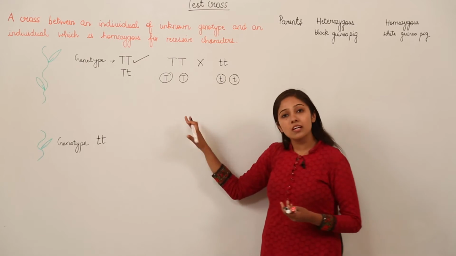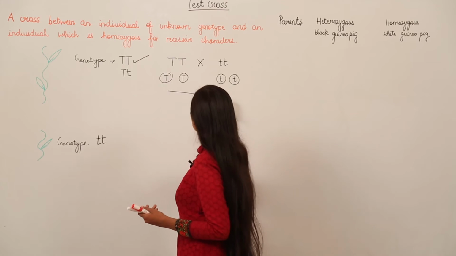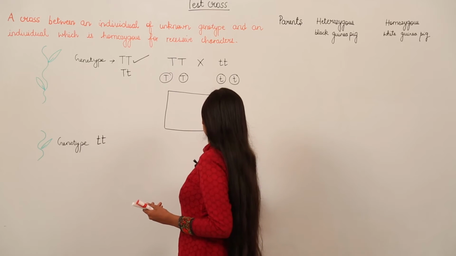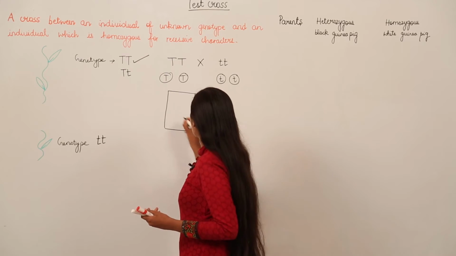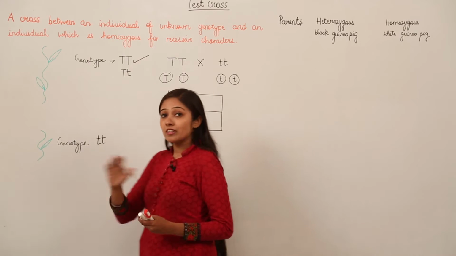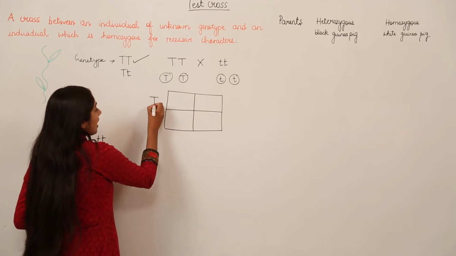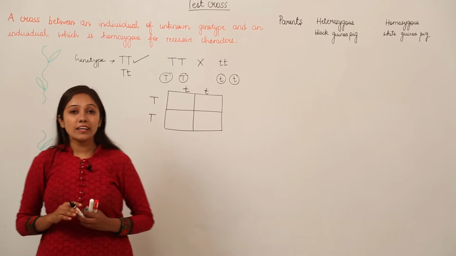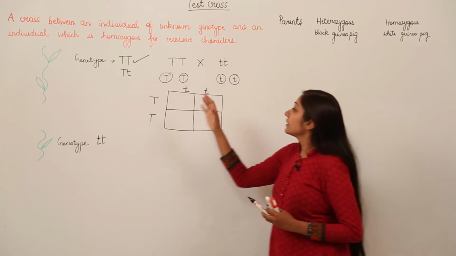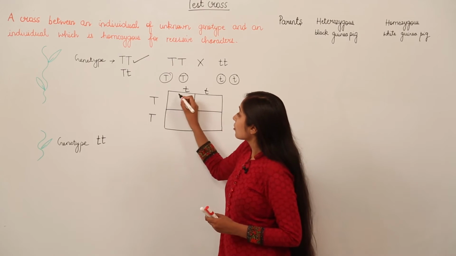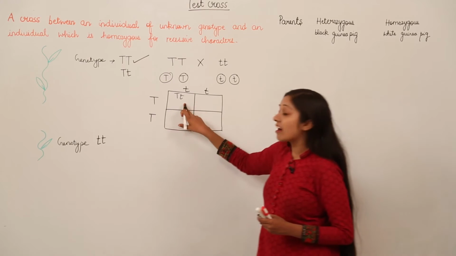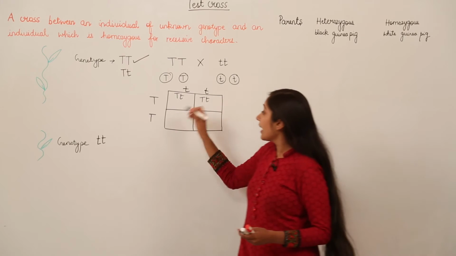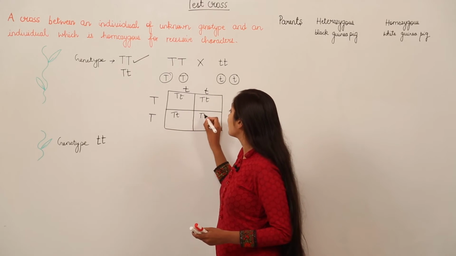Let us solve this by making a Punnett square. You all know what a Punnett square is. It was given by the scientist Punnett. The male gametes we are going to put on this side, and on the upper side we are going to put the female gametes. So we have this combination. What we analyze by this Punnett square is that in this combination we have a hybrid tall pea plant, again a hybrid tall pea plant, again a hybrid tall pea plant, and a hybrid tall pea plant.